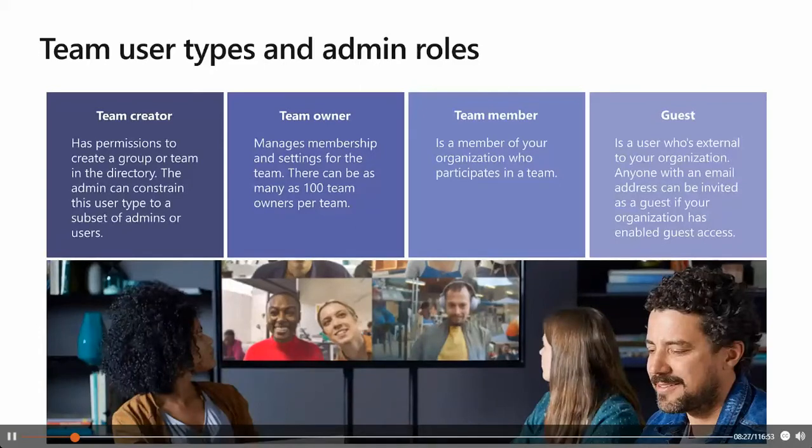Another quick tip on this: 100 team owners is also not really a good idea. So you need to have a process where you have one or basically two team owners on your side, so that you can manage the different memberships and settings in your Microsoft Teams environment. That's a great tool to work with and to have a process established for how you get a team owner, how you escalate to another team owner, what happens when a team owner leaves the organization, and so on.